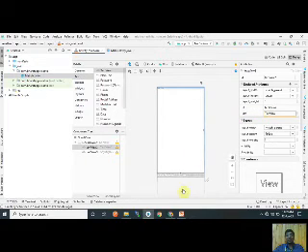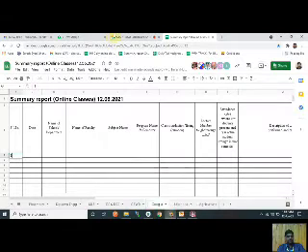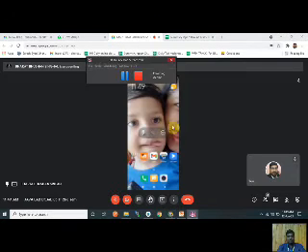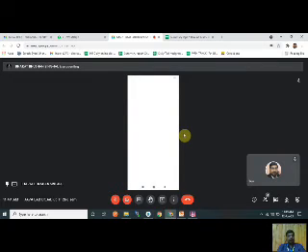This is not visible on the screen. Now I run this, wait for some time. Okay, now I go to the, I allow this. Now you can check that your screen is rotated using the scroll view. This is called the scroll view because it will scroll on the screen.